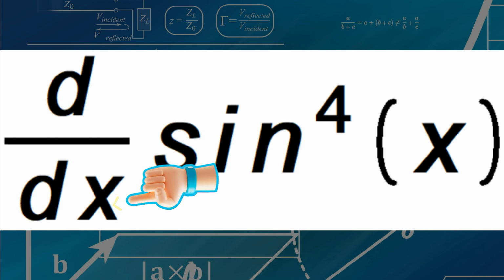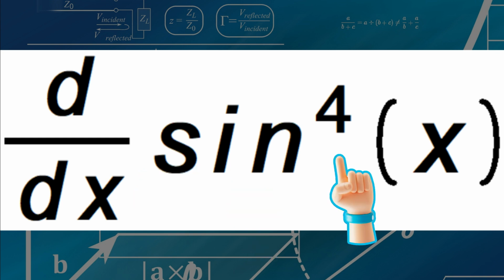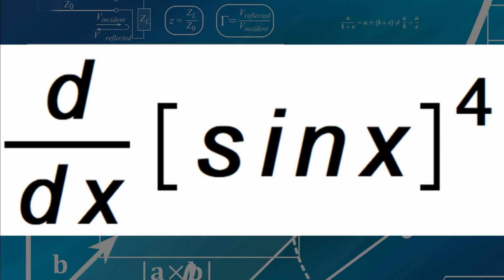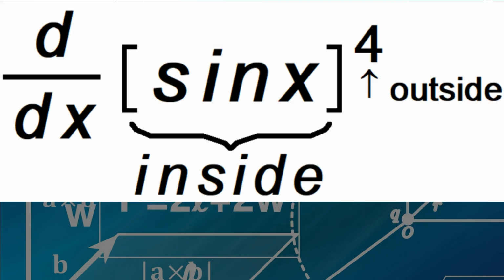Let's find the derivative with respect to x of sine raised to the fourth of x. First, we rewrite sine of x with a bracket on the left and on the right. We put the exponent of 4 on the outside. We do this so that it's clear that sine of x is the inside function, and raising to the fourth